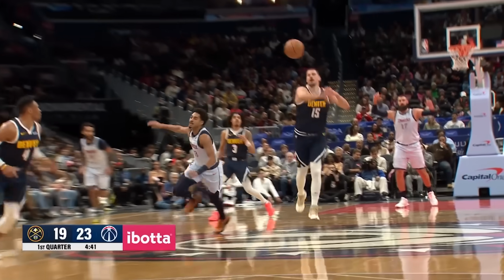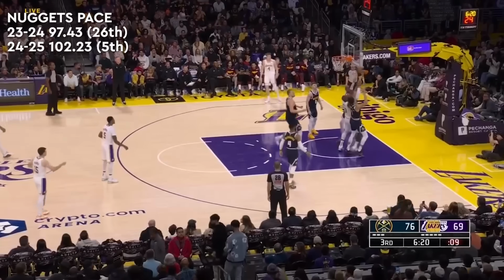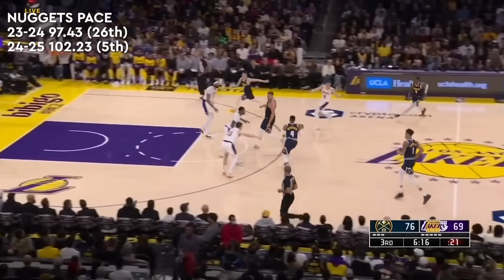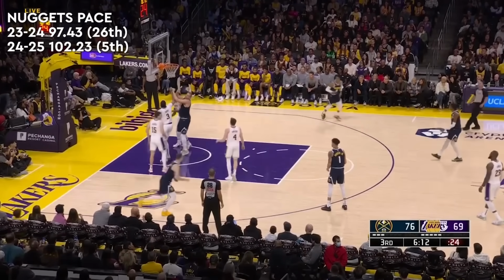The biggest difference in the Nuggets' offensive attack has to be in pace. They went from a slow, plodding, half-court setup team last year to one that runs almost as much as anybody in the league. Once we get a handle on why, it could give us some special insights into the game